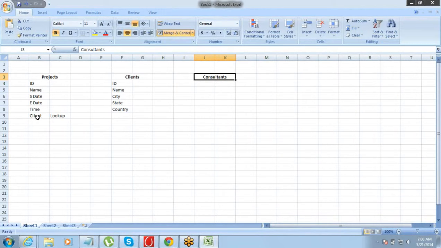And here also, client and project is a one-to-many relationship. One client can be connected to multiple projects. Let's say Accenture is a client. From Accenture you may get 3-4 projects. So here we need a one-to-many relationship.